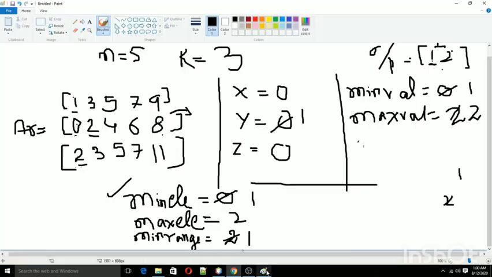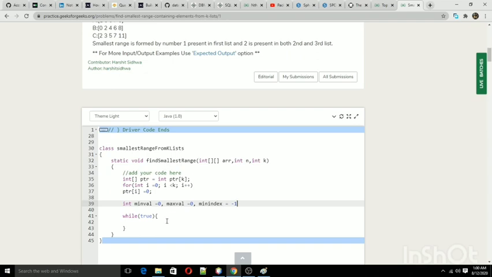Here we talk that the index must be updated, so minimum index will always contain the index with the minimum value. That will be after traversing these elements, we will update the pointer. For that purpose we are taking this.